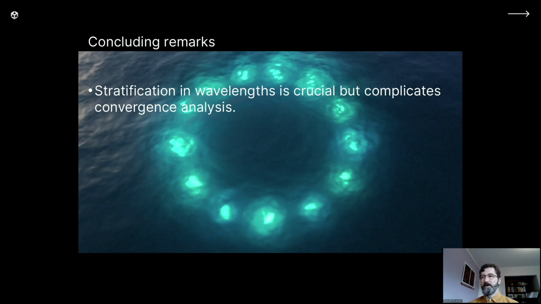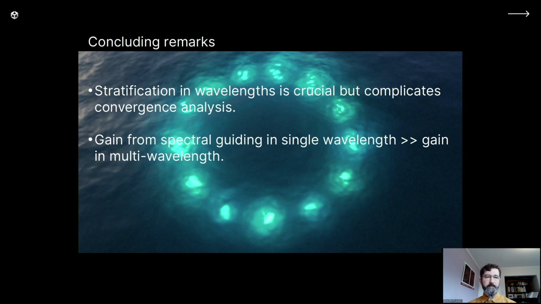But of course, it complicates the convergence analysis and the computation of the variance, because in this case, the variance starts involving cross products of the integrand for all possible pairs of wavelengths. So it gets trickier. As a result,